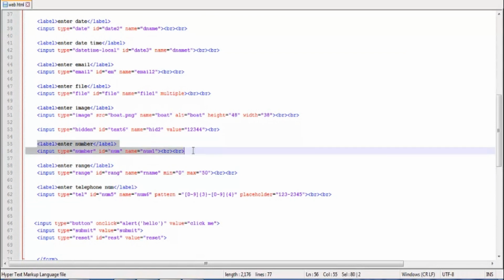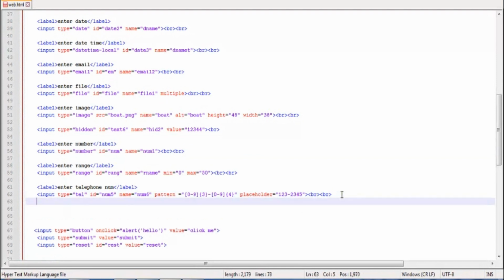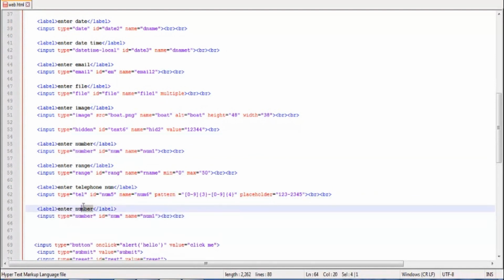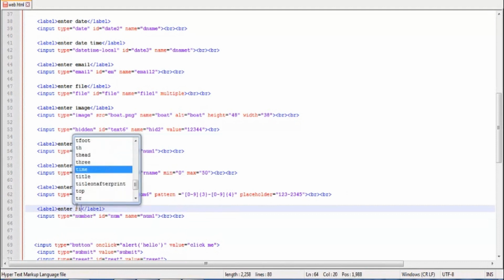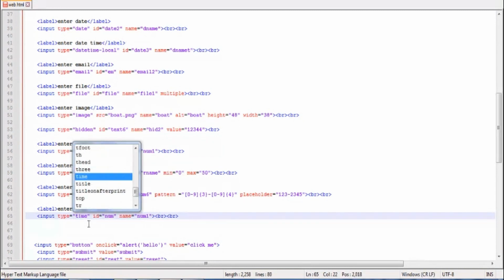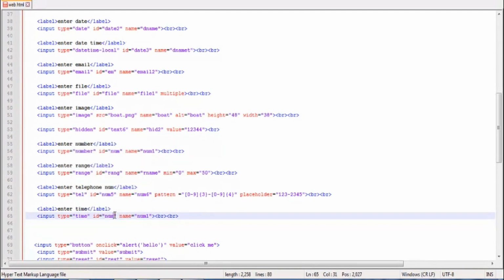So enter number here, Control C, Control V, enter time. Input type equal to time, id is equal to num8, or whatever you have mentioned, give num7, name equal to num9. Okay, enter time here. Type equal to time here, right? So save it and